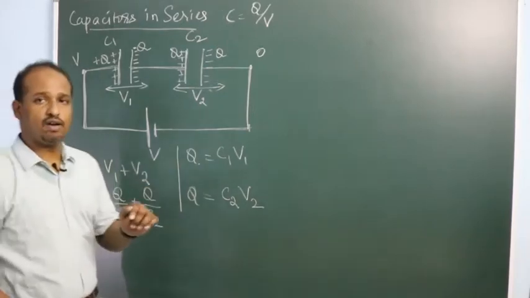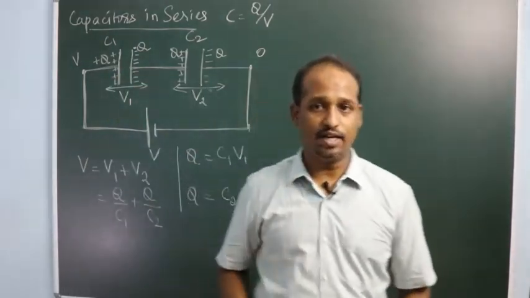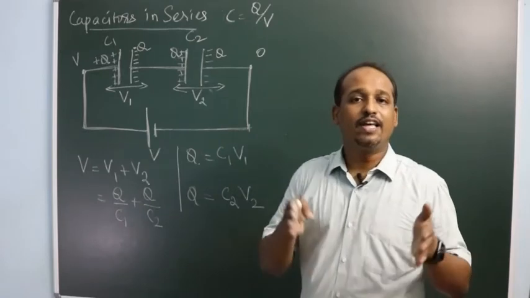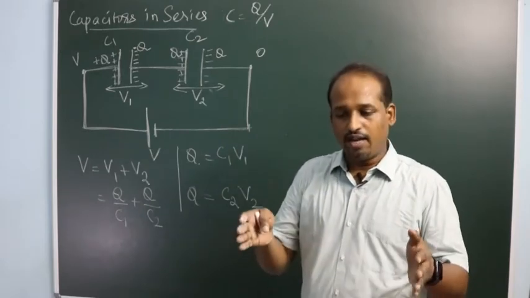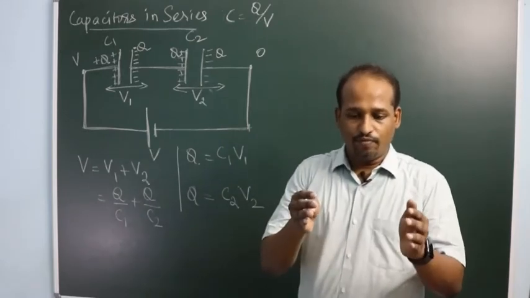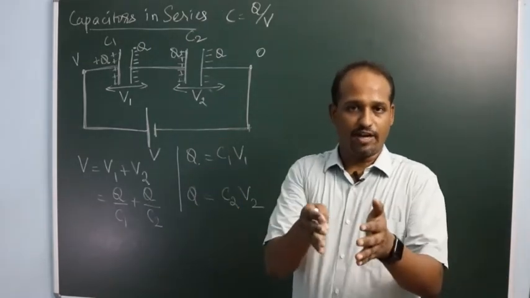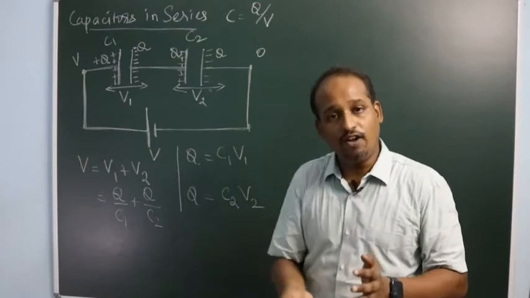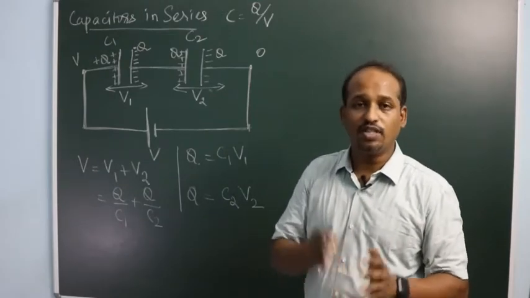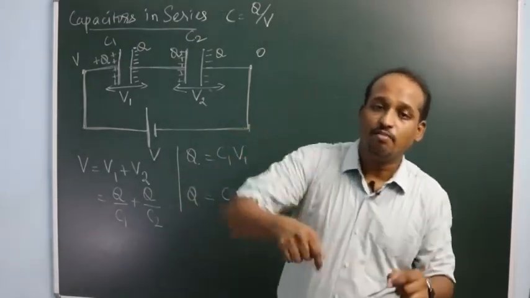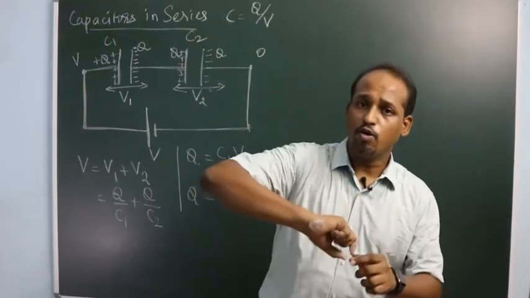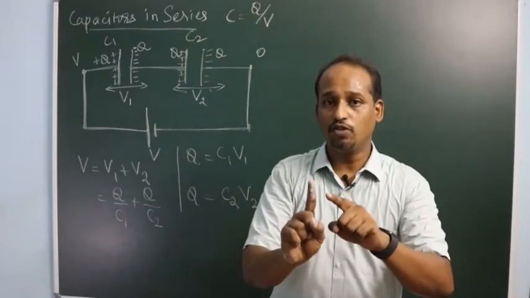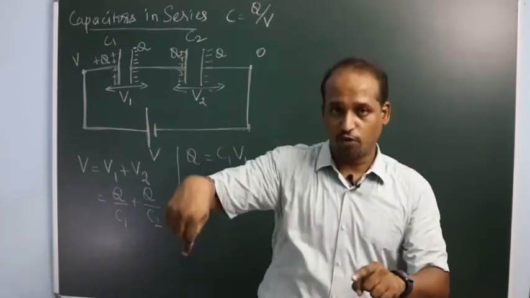But what we are trying to do here is find the effective value. In mechanics we have seen that when two or more forces act at a point, they produce a certain effect. The effective force, or the net force, or the resultant force, is the sum of all the forces. That means you remove all the forces and replace them with a single force, and that force produces the effect of all the forces.